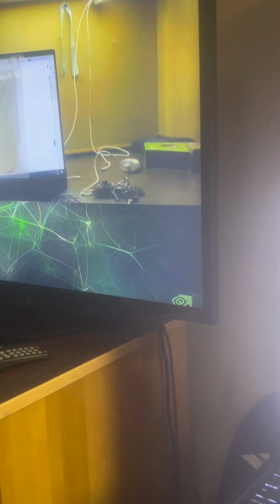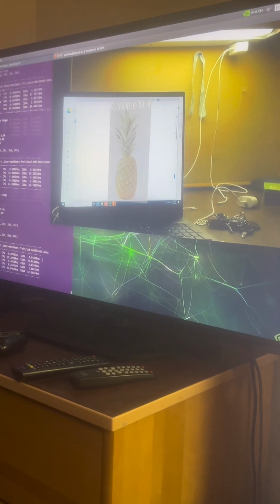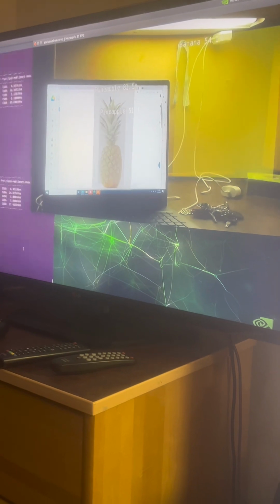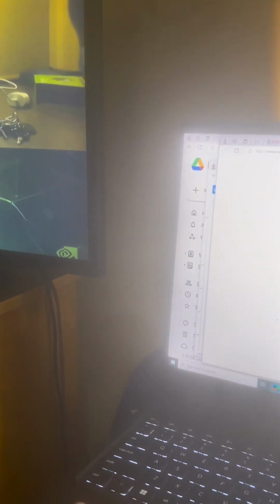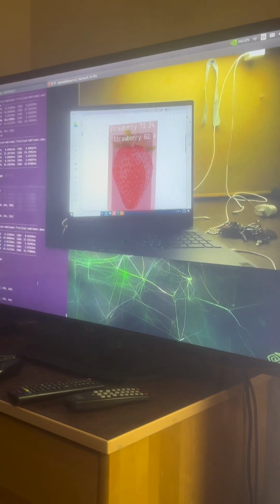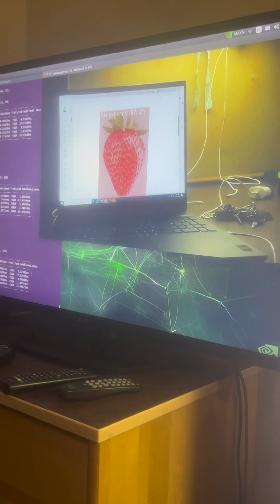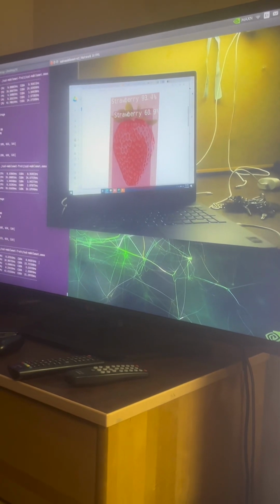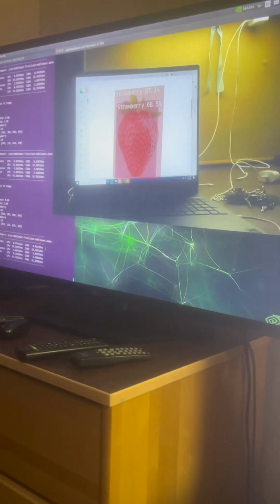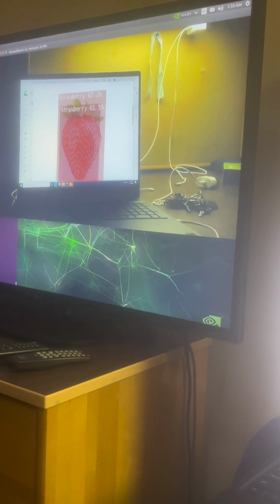It's able to recognize it pretty well. Pineapple, all the same. A lot of these scores are fluctuating, but they're all maintaining above 80. We move on to a strawberry. And again, it's able to recognize a strawberry pretty well, although bounding boxes are overlapping. Maybe that's just because of the camera or the way that it's facing the object and therefore trying to compensate,